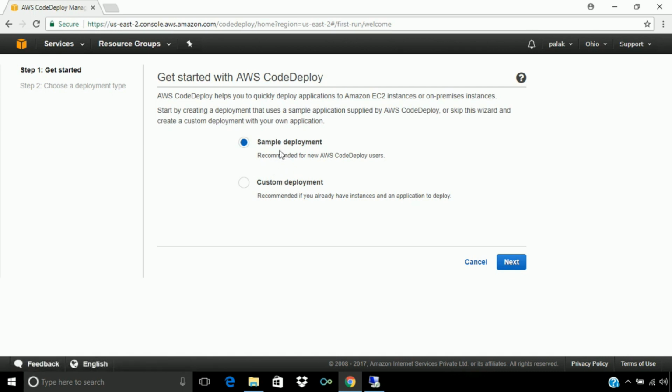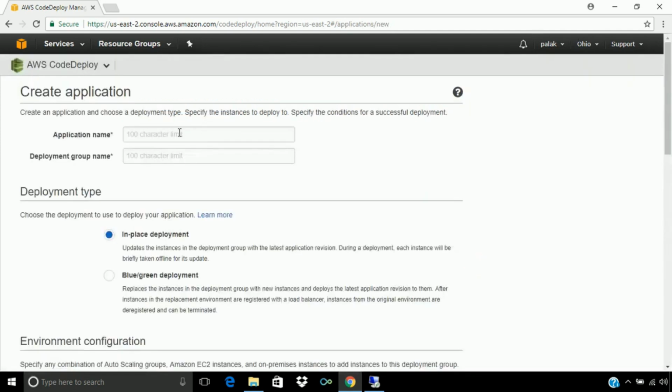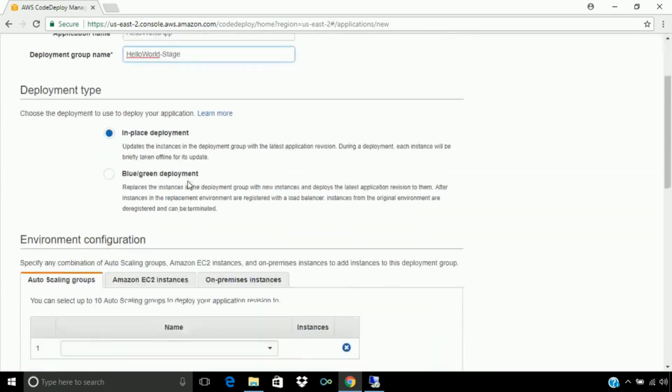In the simple deployment we have the sample source code ready, but in our case we have our instances and source code ready. So let's go for the custom deployment. Here give the application name, that will be hello world app, and the deployment group name you can give anything. We will give hello world stage as our deployment group name.